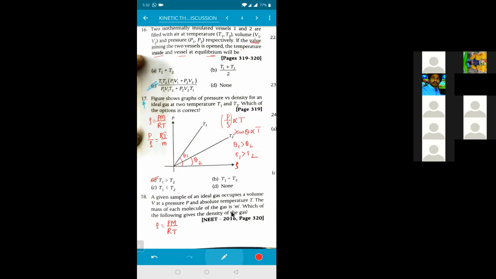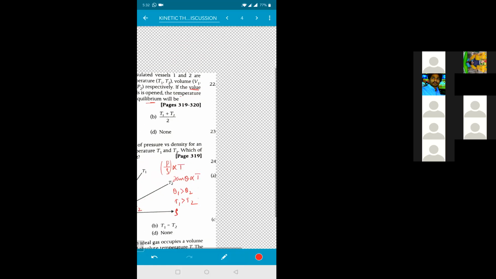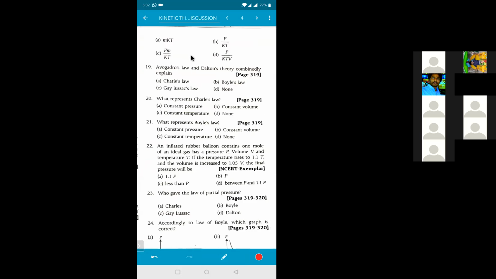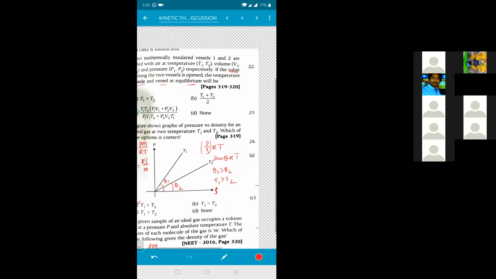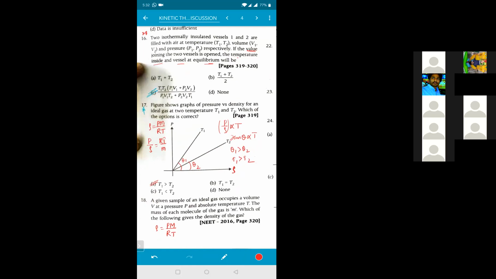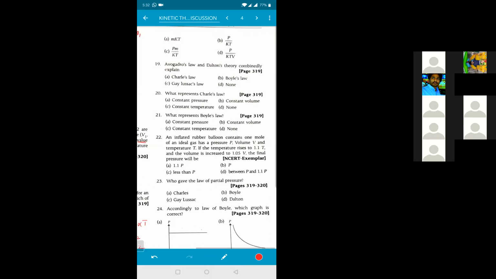So I can write the relation right now for what the problem is asking. The density of the gas is asked. Density is equal to PM by RT. Capital R is not there in the options, so I can write it in terms of Boltzmann's constant. Yesterday itself I told you what Boltzmann's constant is. K is equal to R by the Avogadro number. Isn't it? R is equal to K by N.